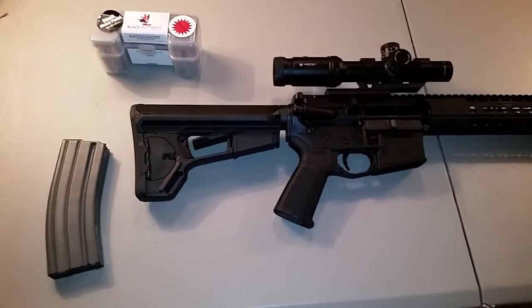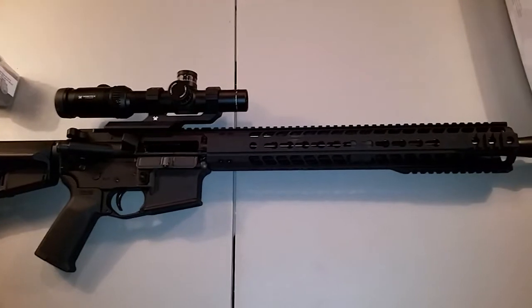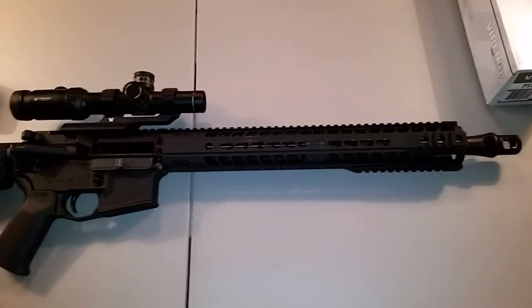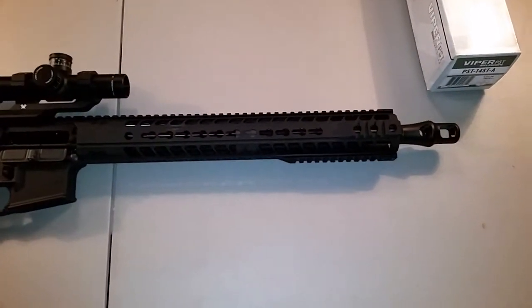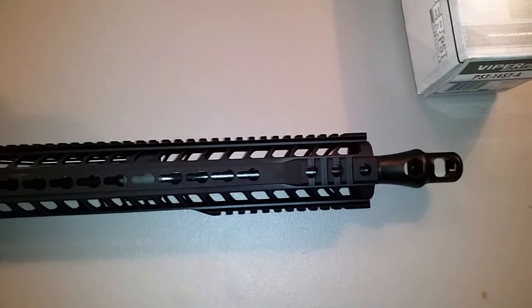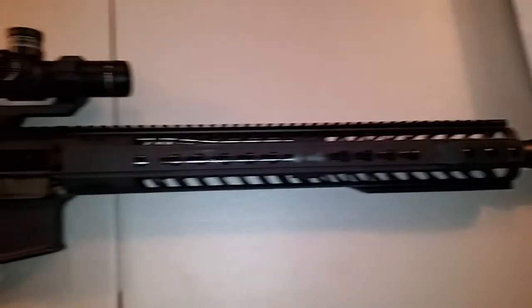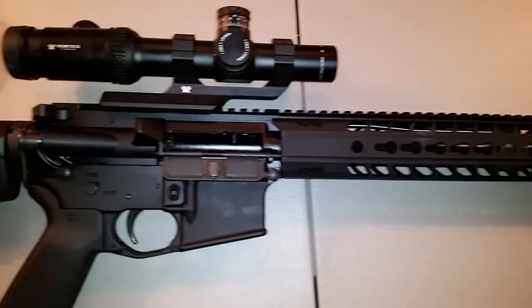Going to do just a quick review on mainly this Radical Firearms 458 SOCOM upper I recently purchased. Hopefully it's going to be my rifle that I deer hunt with this year,